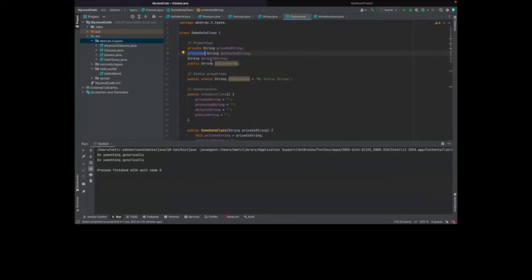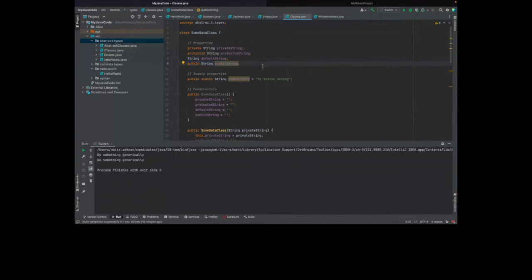The default version, which is when you just omit it, is very much like protected, but it also allows people who base their code off of some data class to be able to access the default string. So you don't necessarily need to be in the same package for that, but you do at the very least need to be inheriting and extending your behavior from this particular class. We'll get a little bit more into inheritance in a minute. And then public is essentially, you can do what you want with it. It is publicly available.